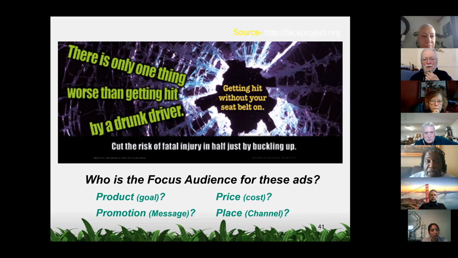Here's another one. It says there's only one thing worse than getting hit by a drunk driver, getting hit without your seatbelt on. Cut the risk of fatal injury in half by just what? Buckling up. What's the focus for these? What's the product? What's the price? What's the promotion? And what's the place? Always ask these questions as you go out getting information to your constituency